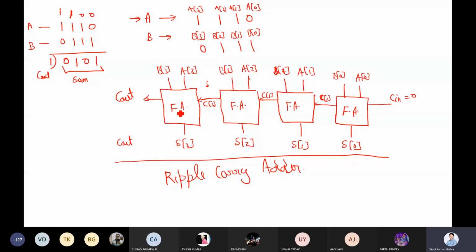So you have to wait till that time. And suppose similarly we are talking about a 32-bit adder, so you can think of how much time it will take to compute the operation, right? It is very time consuming. So in the next lecture we'll talk about this as well, how to reduce the time, right? Any doubt till this point? Anyone?